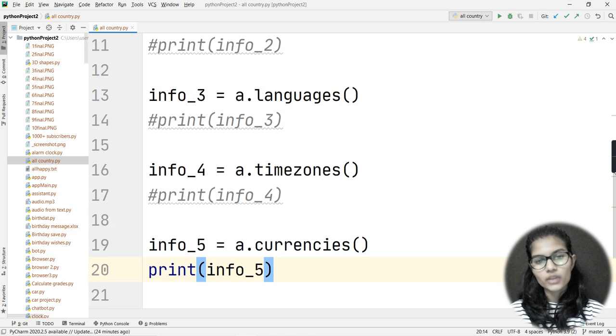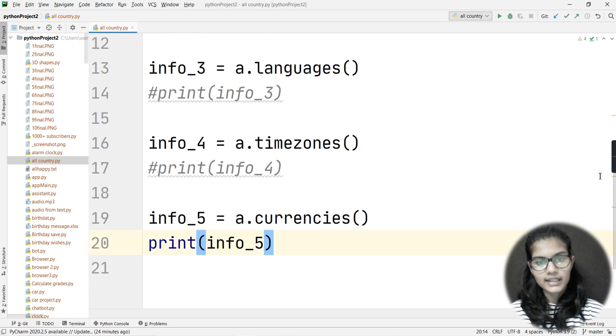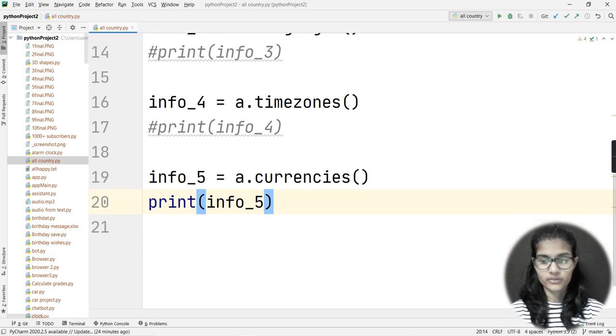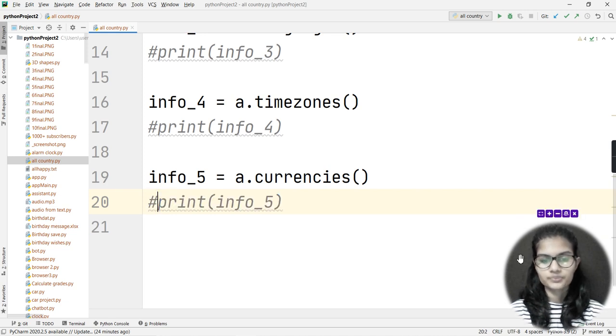Now here is the case that you can mention any number of things, any number of functions, whatever you just want, and even if you just want only one or two, then also you can just write here. So there is no restriction that you need to enter this much of functions or that much of functions. No, there is nothing like that. Okay. Now I would just comment out this line here.